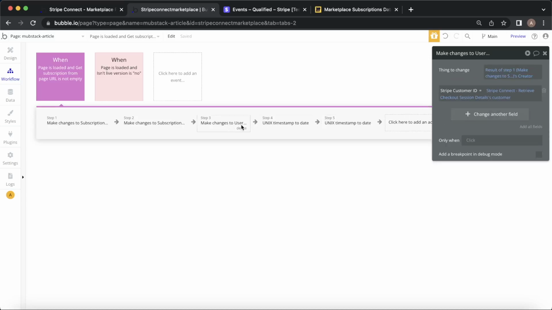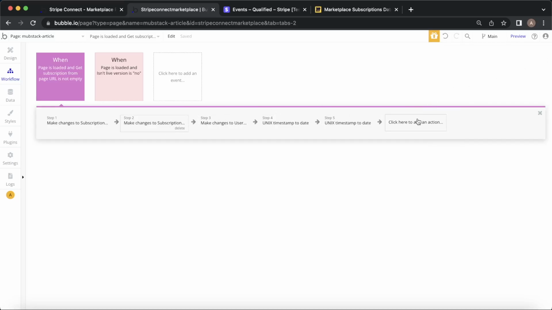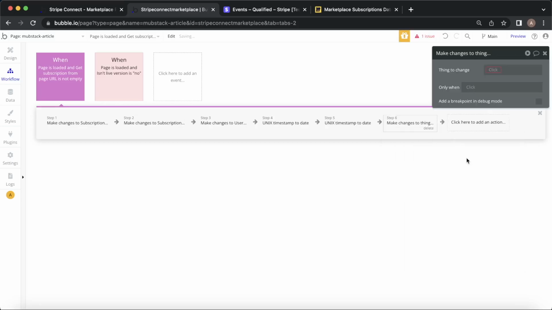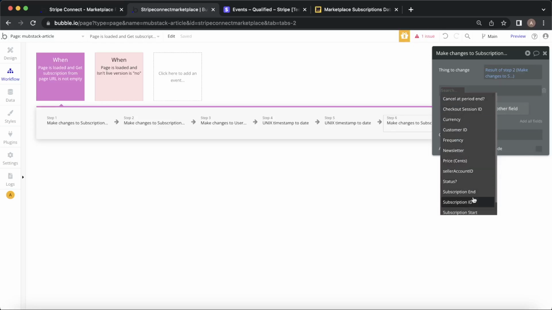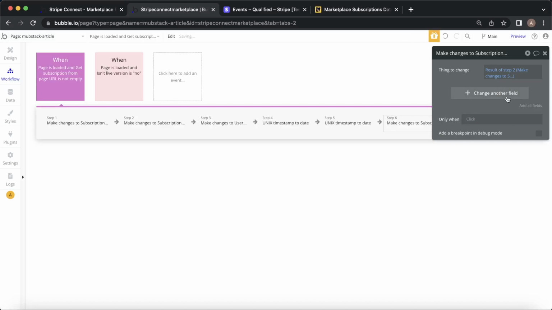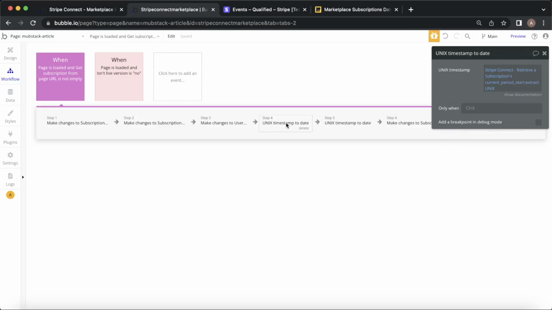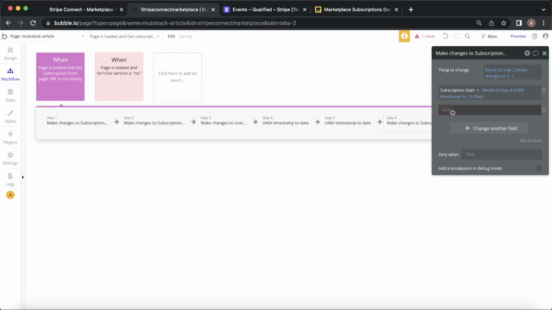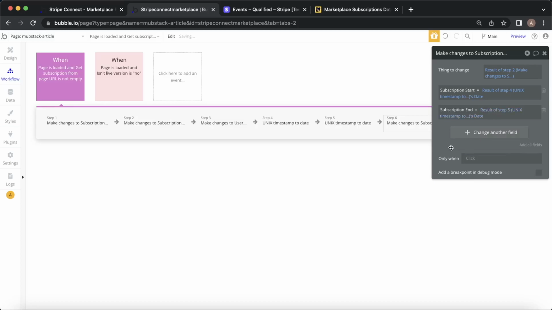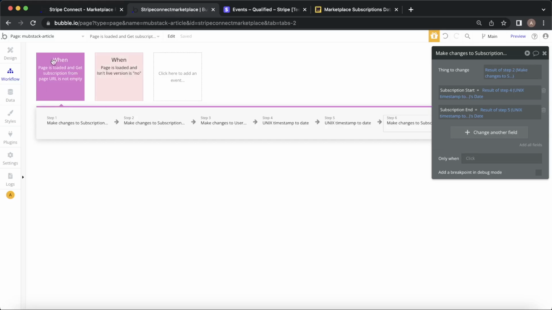And then we can make the same changes we made in step 2 in terms of subscription start and subscription end. So we'll do data, make changes to a thing. We can do step 2 subscription, current period start, subscription start equals the result of step 4, and subscription end, result of step 5. Okay, so now hopefully when we reload that page, it's going to run this workflow again